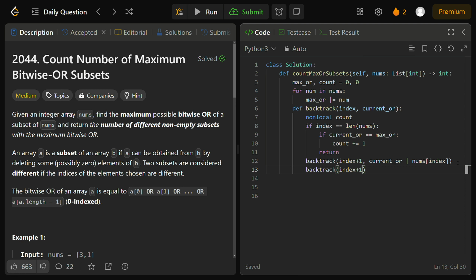But in this case, we don't actually change our current OR, because we're choosing to exclude it. So to better explain what these two lines of code do, again, we're recursively calling this backtracking function, where on line 12, we have our first option where we can include the current element from that index in the subset. And we'll OR it with the current OR value and move on to the next index as our first parameter, index